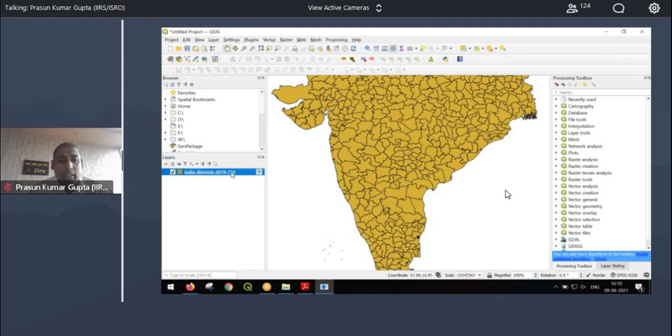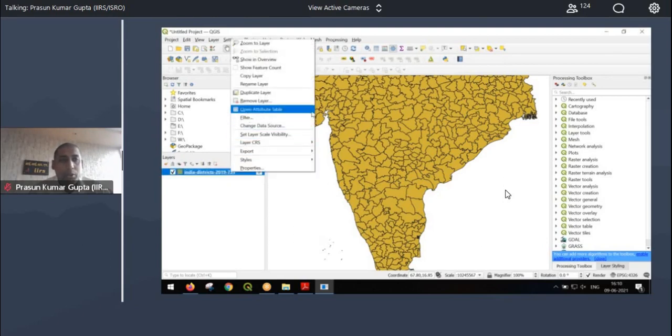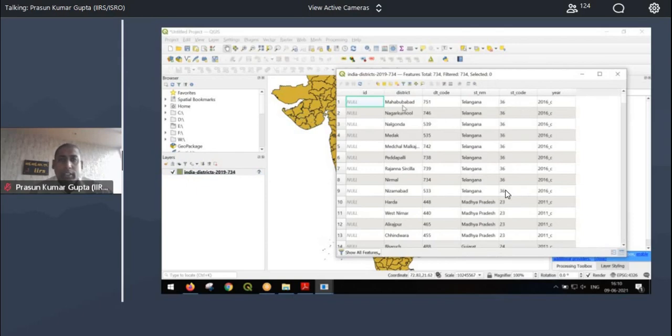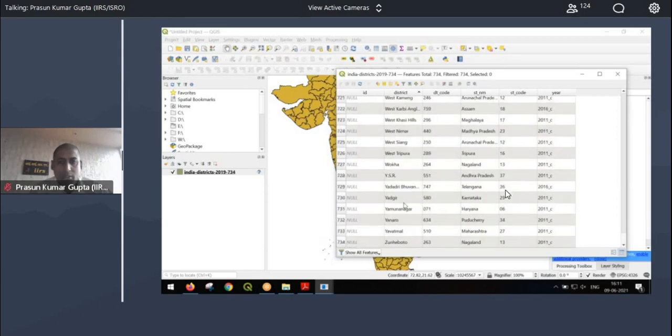So what you do is you right-click on this layer name and you go to something called attribute table, and here you will see that for each polygon there is a row which is linked to it. So you have different districts. Let me sort them. If I have to sort it, I just click on the name. Now it gets sorted by district name. So I see here Adilabad, Aizawl, and so on right down to Yavatmal, in alphabetical order.